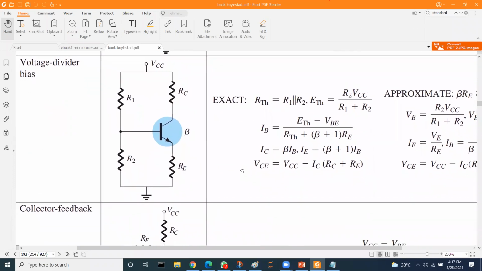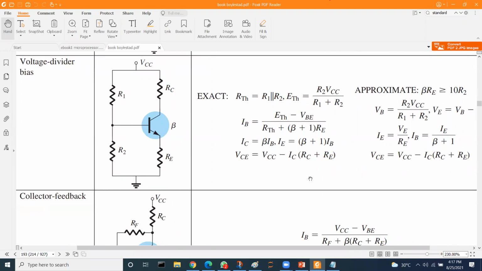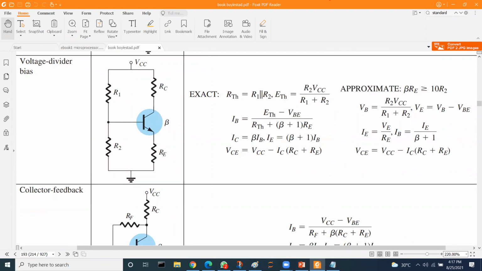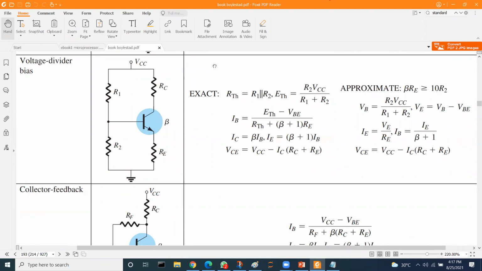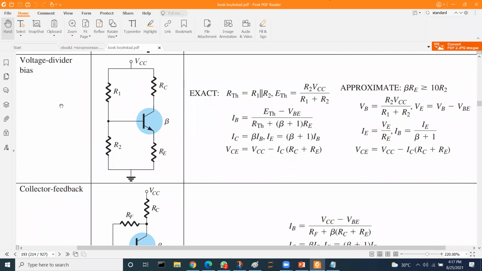One of the circuits which is used mostly is called the voltage divider bias. और इसके बारे में एक चीज जो है वो आपके ज़हन में होनी चाहिए, वो ये है कि there will be a question in the final exam जो specifically voltage divider bias के ऊपर होगा. So these formulas will come, ये formulas आपके पास होंगे, and in this configuration, as you can see, R2 resistance is added.